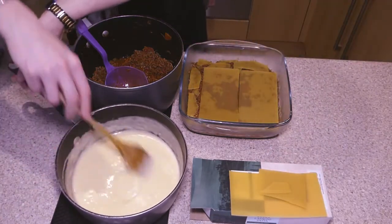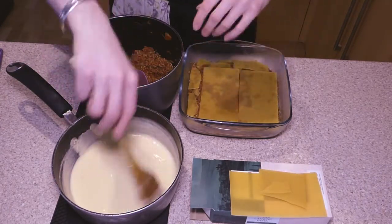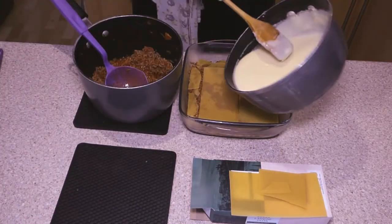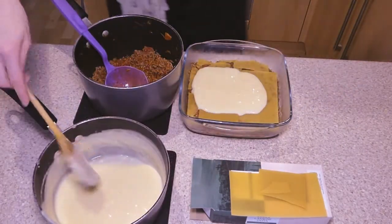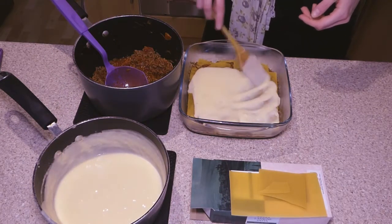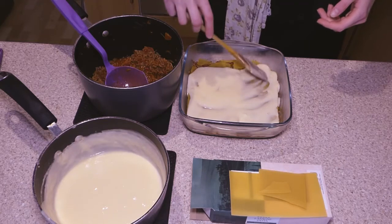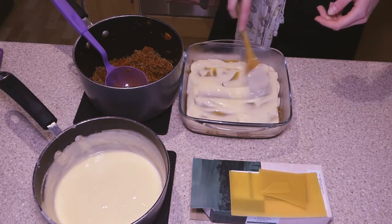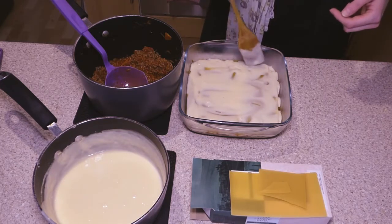Now I'm going to add a little bit of my white sauce. I don't want to add too much, I want the majority to go on the top, so I'm going to add about 30 to 40% of the white sauce that I have here to my lasagna sheets. There we go. And spread that around. Be a lovely creamy layer in the middle of your lasagna, but if you add too much, the top will end up being very dry